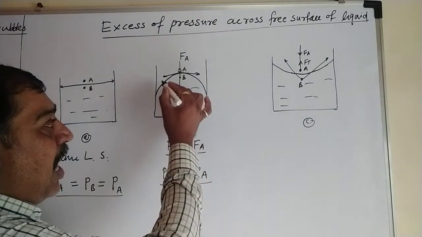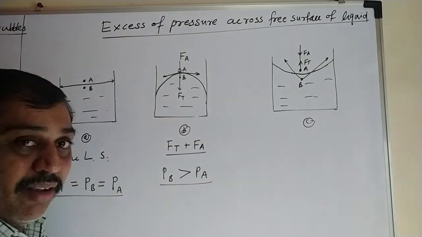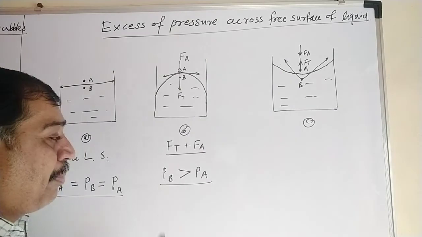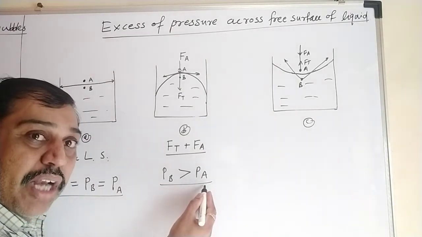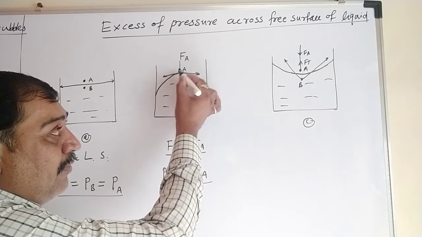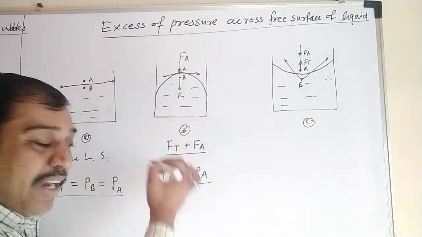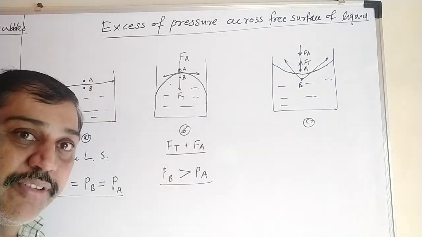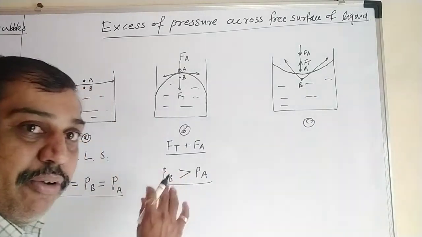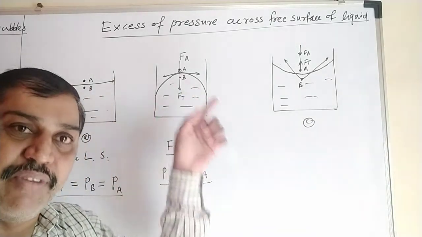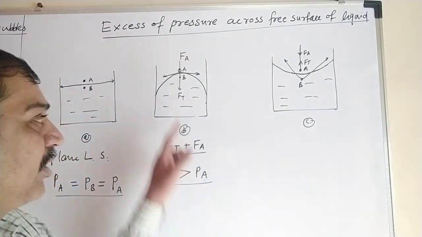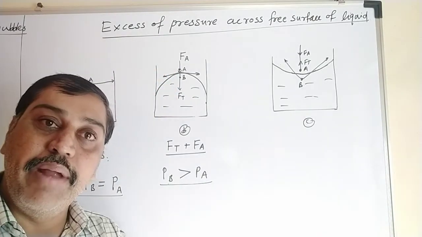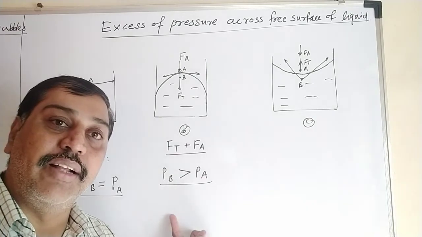Now from this we can say the upper part is convex, but inside the liquid this is a concave part. So we can say pressure at the concave side is greater than pressure at the convex side. A comes on the convex side, B comes in the cavity, the concave side. So pressure at the concave side is greater than pressure at the convex side. That you have to remember. We have to use this in the next topic. So in this case, when the liquid surface is upper convex, it is seen that pressure inside the liquid at point B is greater than pressure outside the liquid at A. That means concave side pressure is greater than convex side pressure.